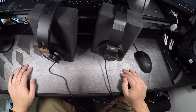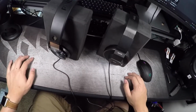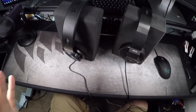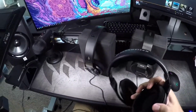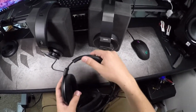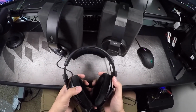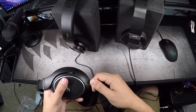So of course I had to bring out the Sennheisers, which are on my head right now. I don't know. Sennheisers sound really good. They feel like home. They're very, very comfortable. They fit my head exactly the way I want them to. They clamp my head a lot more. They're smaller. They're trapped in my head cam setup. Excuse the fact they're a little dirty. I've been using them quite a bit. I like the way they're shaped. I like the way they sound. I like pretty much everything about them, especially after doing the foam mod. And I only spent 75 bucks on them. I do hate this stupid 2.5 millimeter proprietary Sennheiser bullshit, but